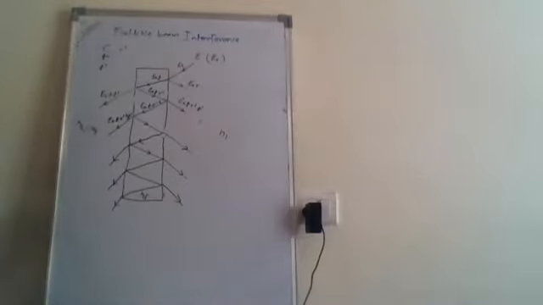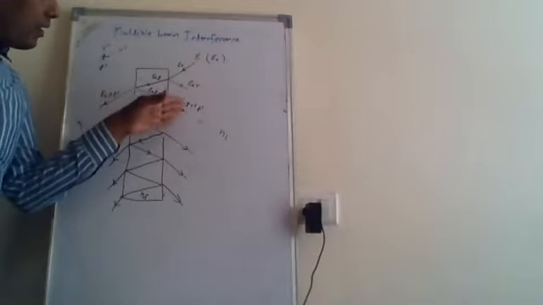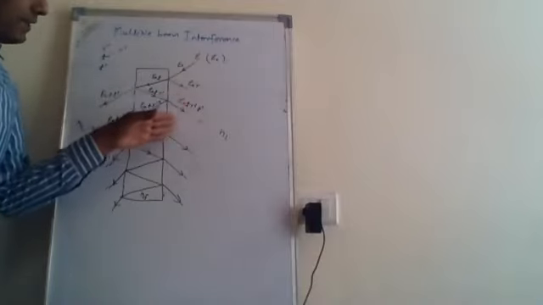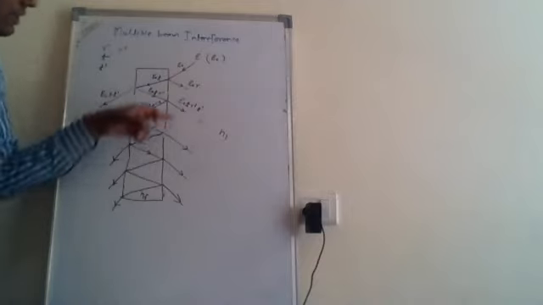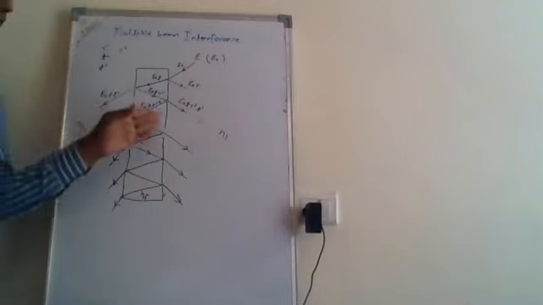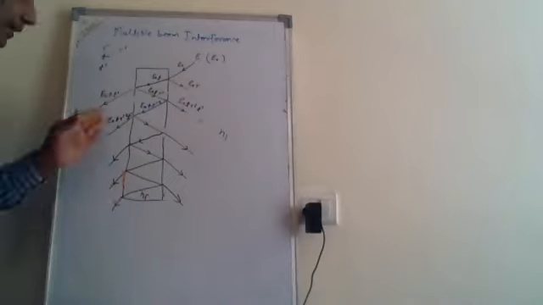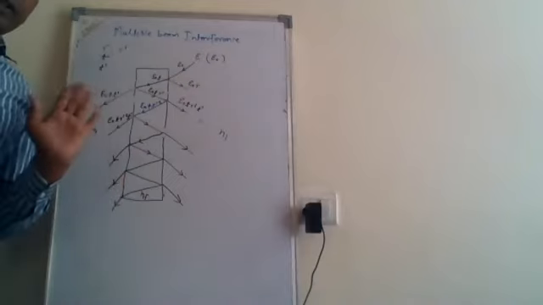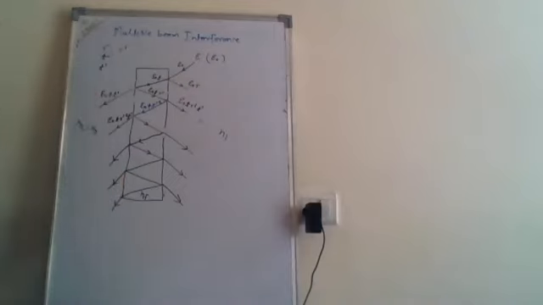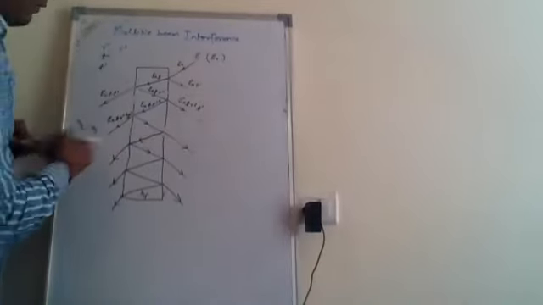Okay. So we know that we have here multiple reflected rays, and these rays are parallel. You can see they are parallel, as we have seen in the thin film we have discussed. So all the reflected light as well as all the transmitted light are parallel, so they are not going to meet. They will meet at infinity, and we cannot reach infinity. So what do we have to do? We have to use here a convex lens.